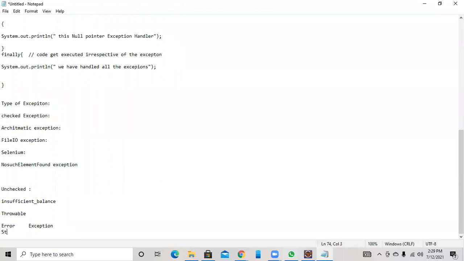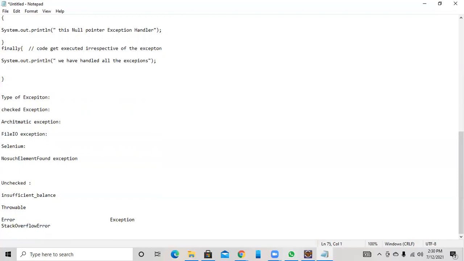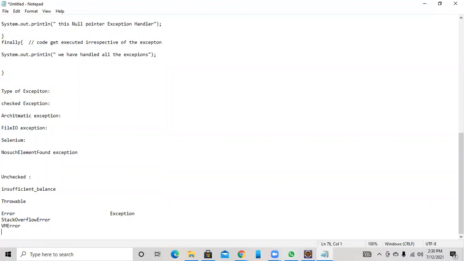If there is any issue with the installation of the JVM, we get these kinds of errors. The third category is out of memory error.